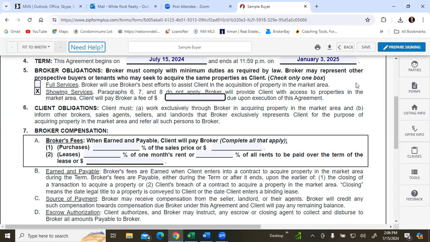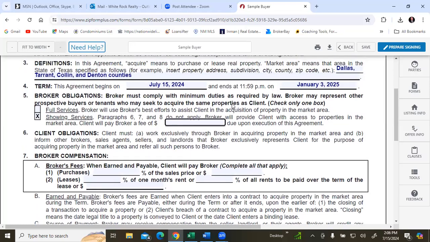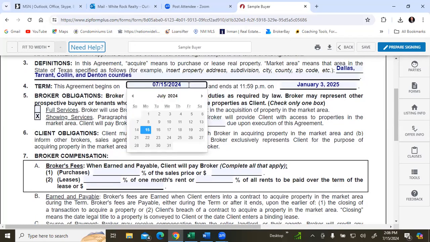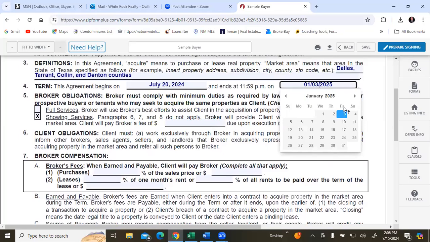And you're going to have to determine how many houses you're going to go see within that period of time. So we're going to have to back up because the time commitment is now changed. So let's say that they want to go out this Saturday and you agree to show them,